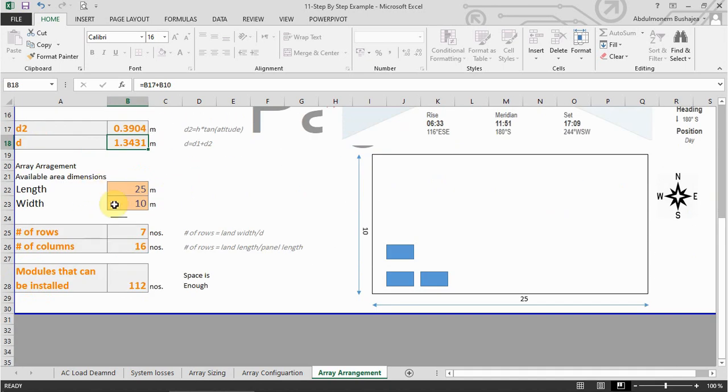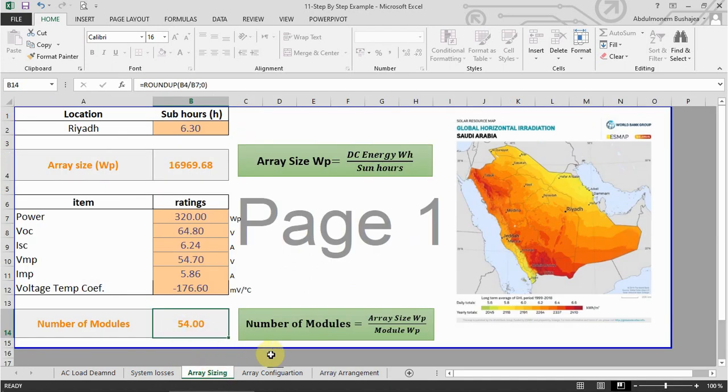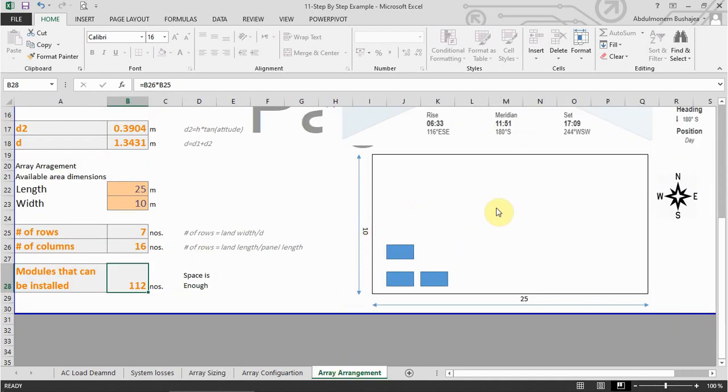There is one last task, which is knowing how many rows you could have in your area or the available area you want to install the system in. So we put the length and width of the available area. For example, I put here 25 and 10 meters, and we found that we can install up to 7 rows and 16 columns in this area. In total, we can install 112 modules, where in fact in our system we need only 54, which is more than enough, which means that this space is more than what we need to install the